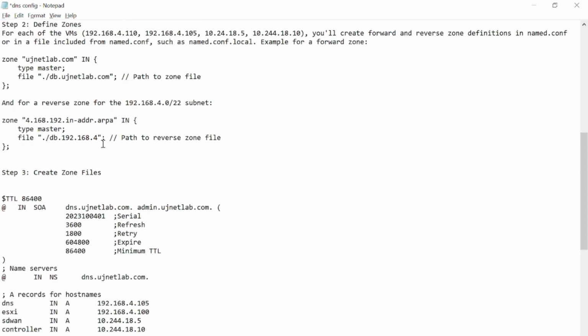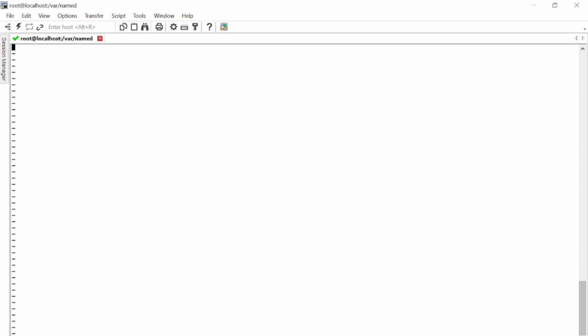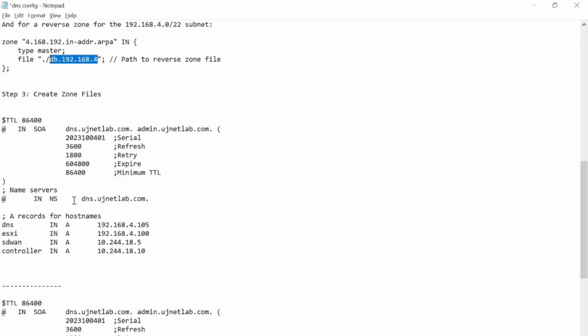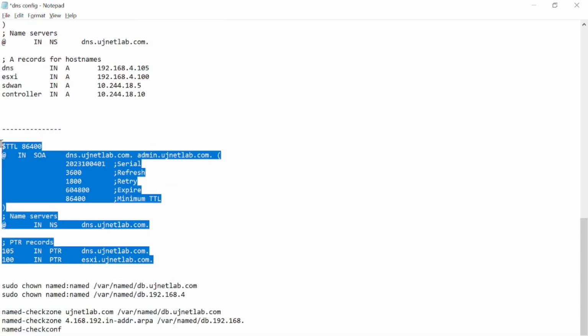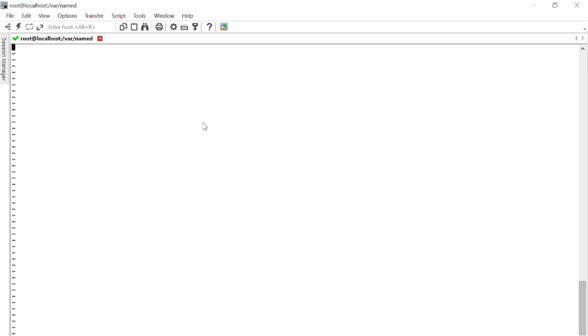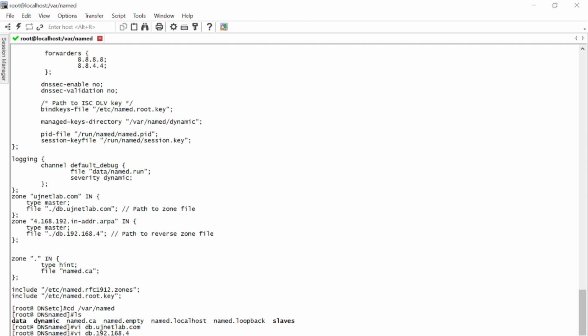What is the name? The name is this. You see, it contains the reverse. It is optional as I told you, but I am doing it just to show you. Okay, these are my two VM machines, DNS and ESXi. All right, I can add more later on. Those two files are created, and then I need to